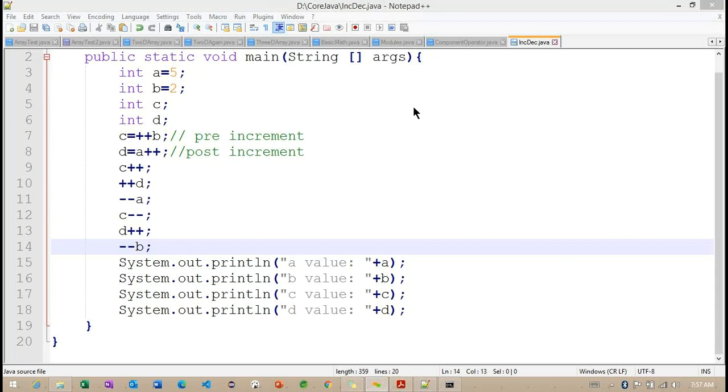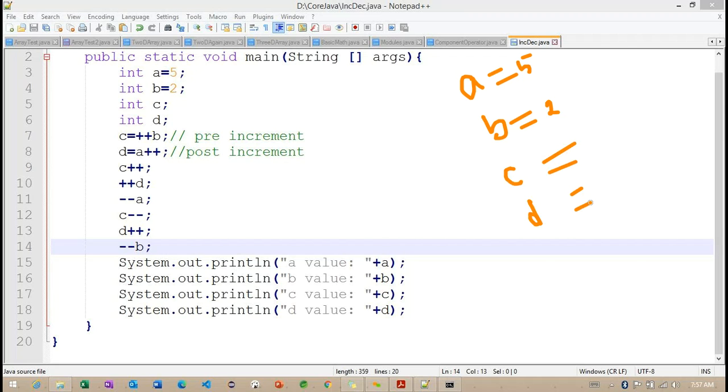So initially the A value we are having is 5 and B value will become 2. So C value we have and D value.